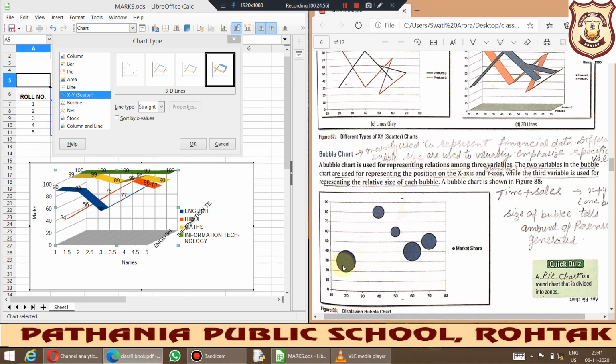So two will be represented by one single dot. If you read out this particular column, this was the example I have taken: in time 20, let us say, how much sales have we done, 30. So let us take the center point here. In time 20 how much sales was done, 30, and how much revenue was generated, means how much was the profit, that much profit.